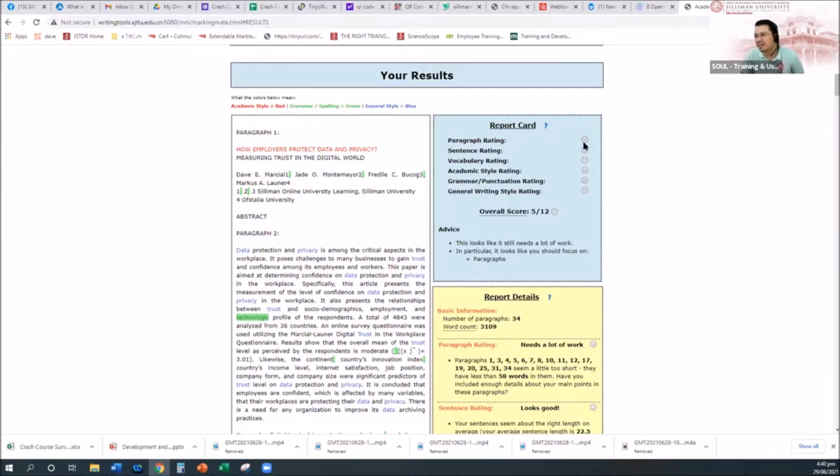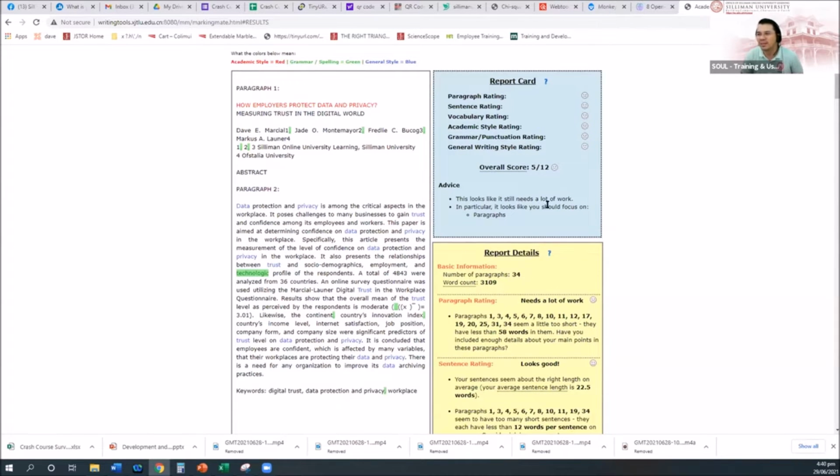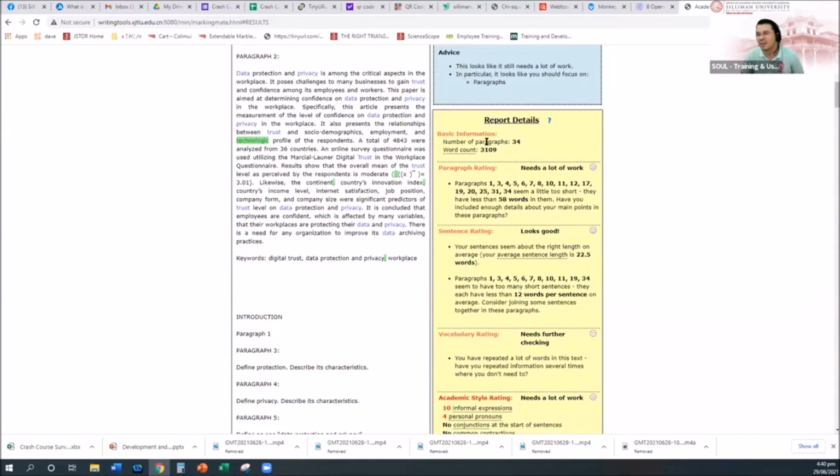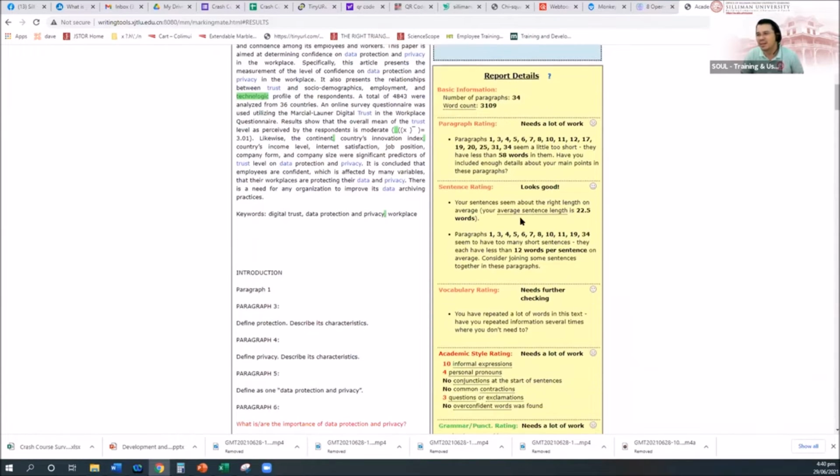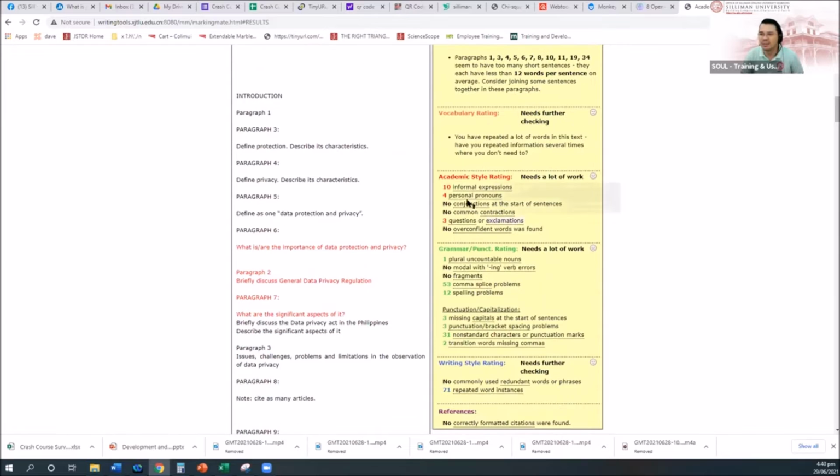Paragraph rating. Oh, it's a sad face. Sentence rating: happy face. Vocabulary rating: neutral. Academic style rating: sad face. Sad face. Sad face. Overall score 5 out of 12. This means it still needs a lot of work. So there is basic information, paragraph rating, and so on, and my academic rating, formal expression, and then